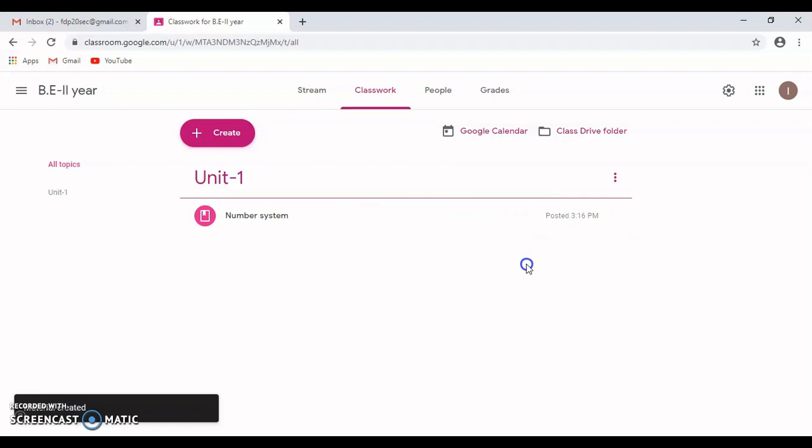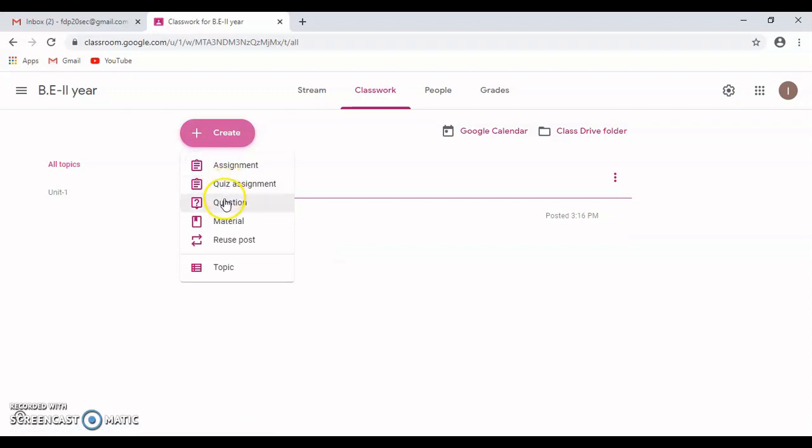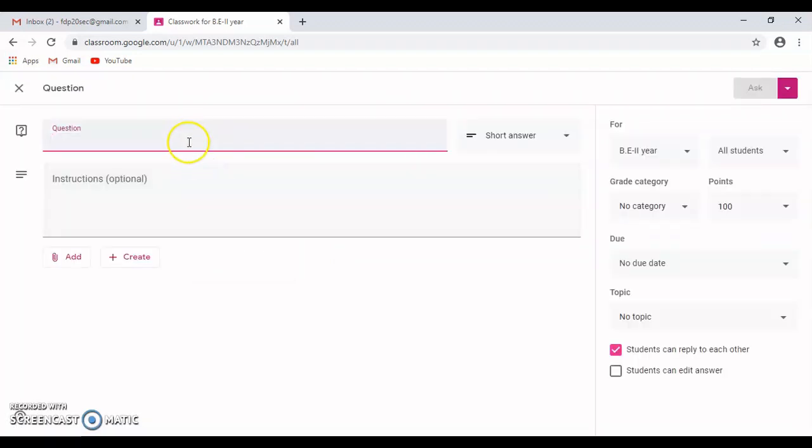Let us post a question to our topic. I click on Create. I click on Question. I've posted a question.